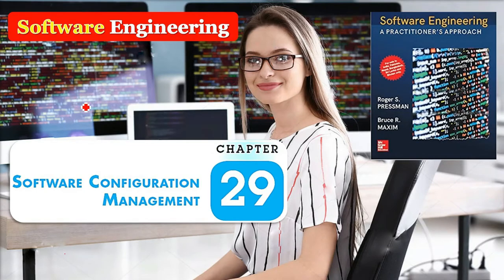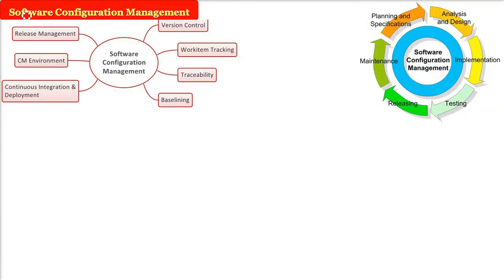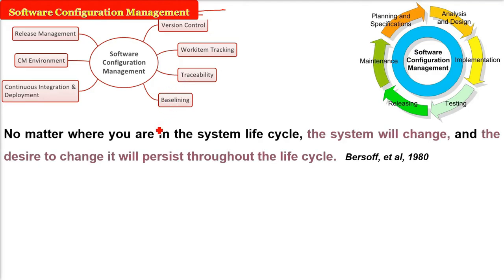In software engineering, we are taking chapter number 29, Software Configuration Management. Software Configuration Management. So this is all about management. That is, you are organizing, planning in a way such that different activities in the software development life cycle, it can be tangible, it can be intangible, normally tangible, and these things are configured in a way so that everyone